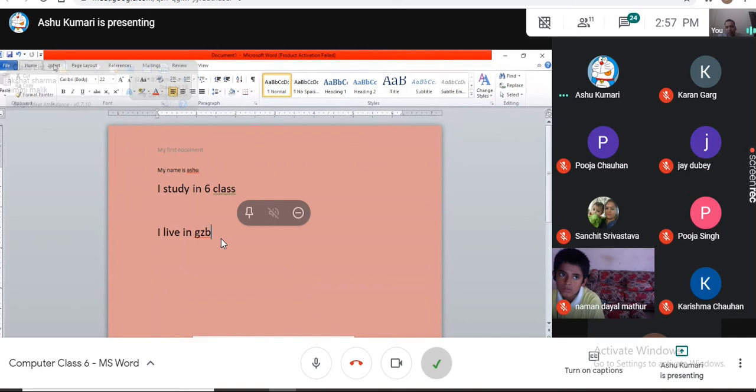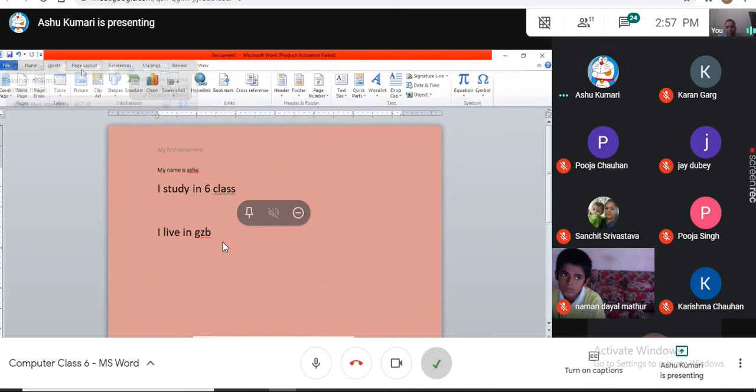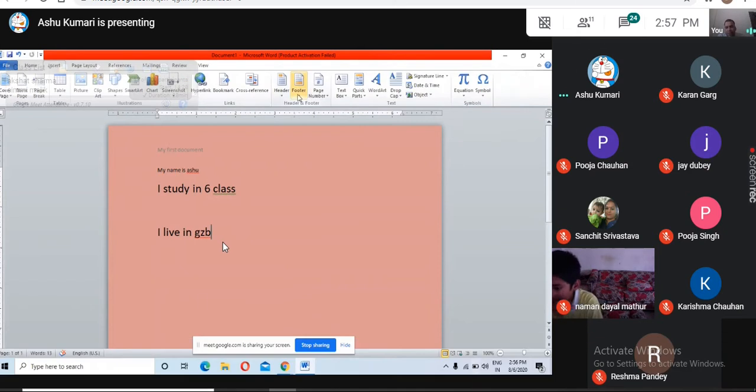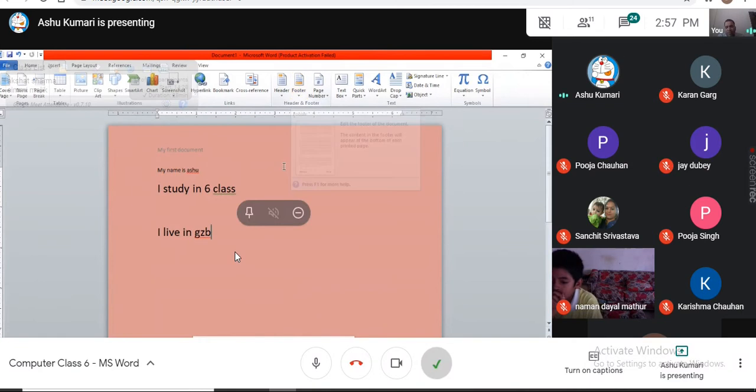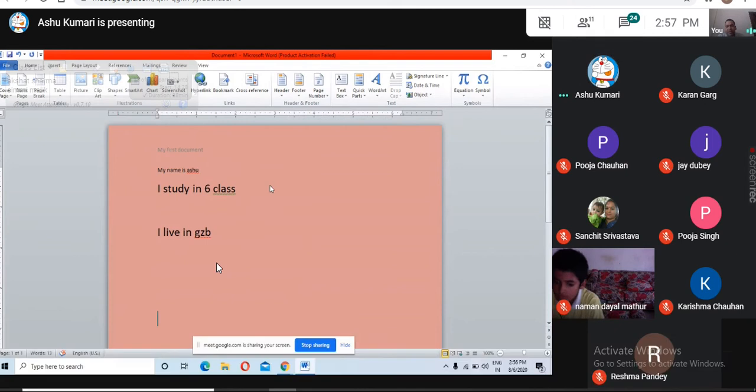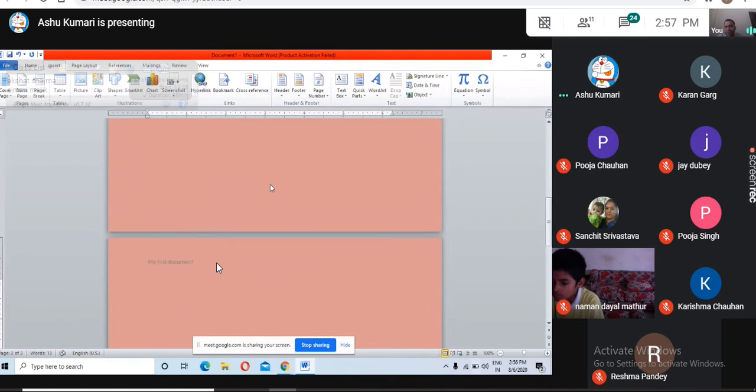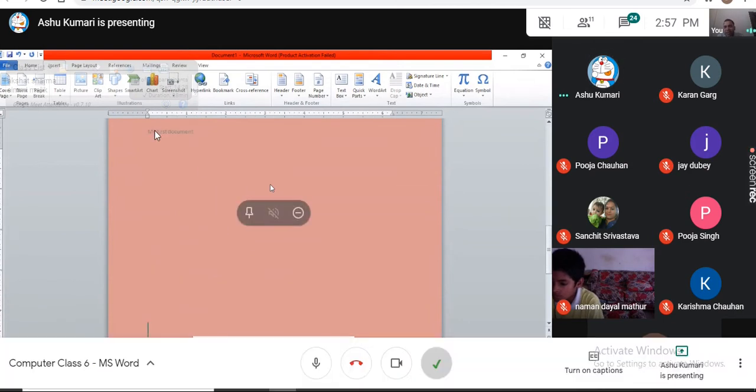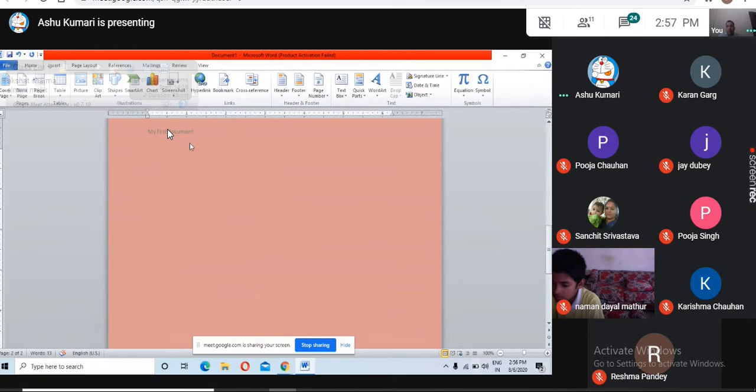Now press enter, continue, enter 3 more times, press enter. The cursor moves to the second page, and again press enter for inserting a second page. Now you can clearly see my first document is also visible on the second page as well. So what is the header and footer? The definition is that,